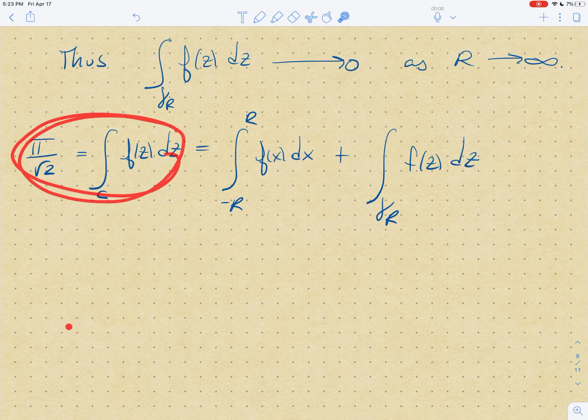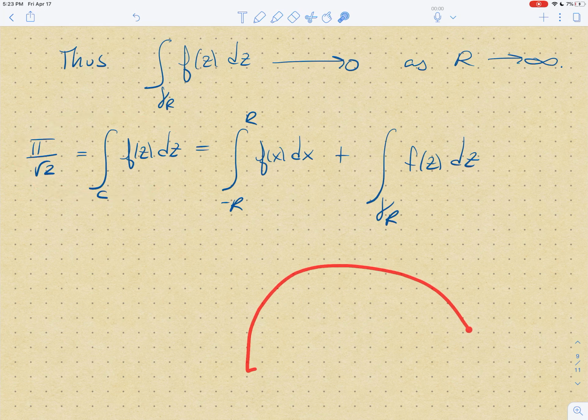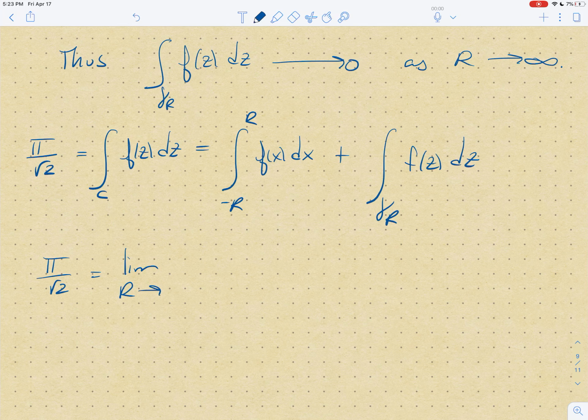This integral doesn't change. The size of the arc doesn't matter, whether the arc looks like this or whether it looks like this. Nothing changes. It's a closed contour, and you're not gaining any more residues. So this doesn't change regardless of the size of r. So if we let r shoot off to infinity, we can conclude that pi over root 2 is the limit as r goes to infinity